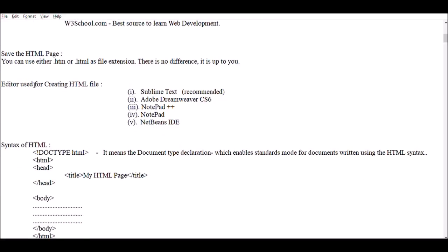What editor do you use to create your HTML file? The editor that I recommend to you is Sublime Text. It is a very easy and attractive editor which you can use to create your HTML pages. And there are many editors like Adobe Dreamweaver, Notepad++, simple Notepad, and an IDE called NetBeans.